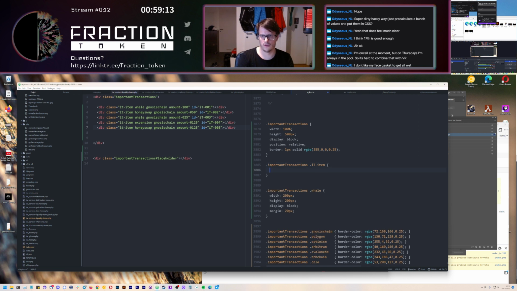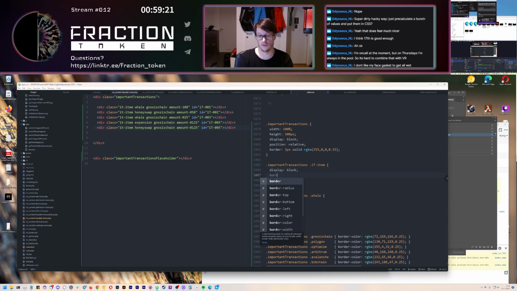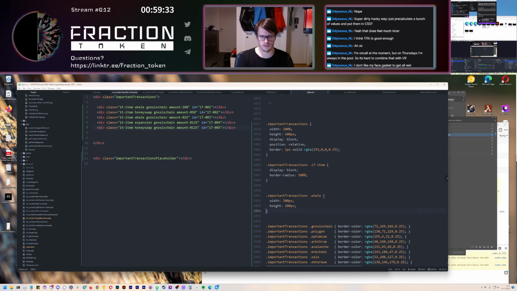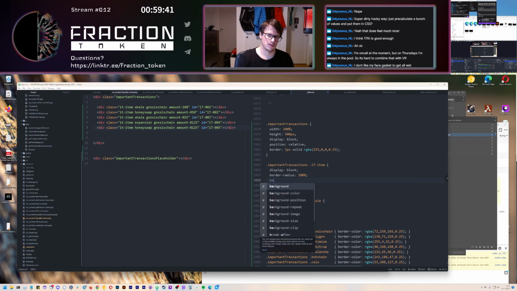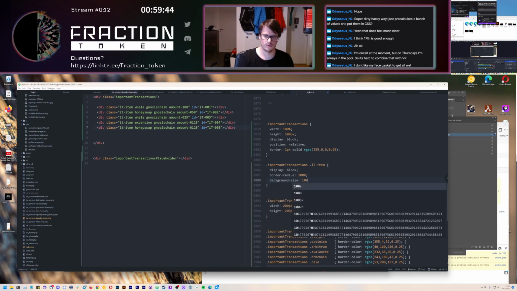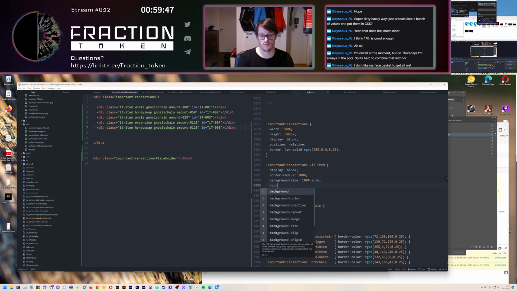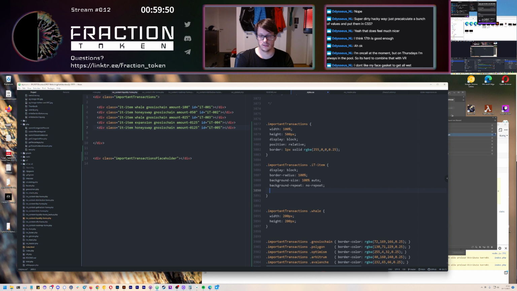So what do they all have in common? They all need to be display block. They all have a border radius of 100% to make it a circle. And that's basically it. I would say then there's the whale, that then we say the background size is 100% auto, background repeat is no repeat, background position is center, and